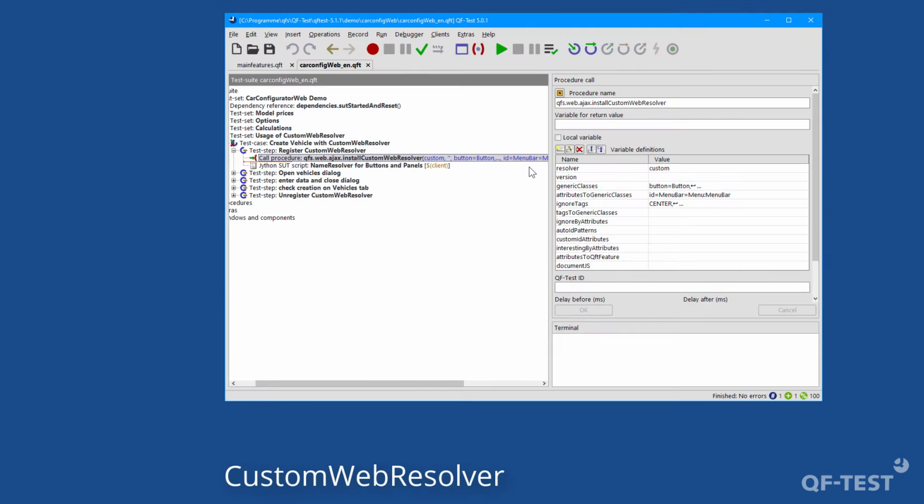For web applications, you can use custom web resolvers to tweak the component recognition to the specifics of the utilized Ajax toolkit of your application. At the end of the day, you define a translation map between the properties of your application and the properties of QFTest. Then you can use any defaults coming with QFTest again, like a built-in synchronization of event nodes or a simple way to access data in complex components like table, list or tree objects.